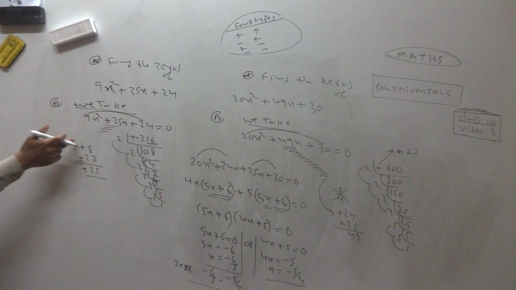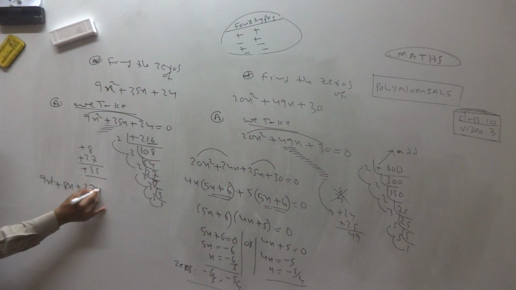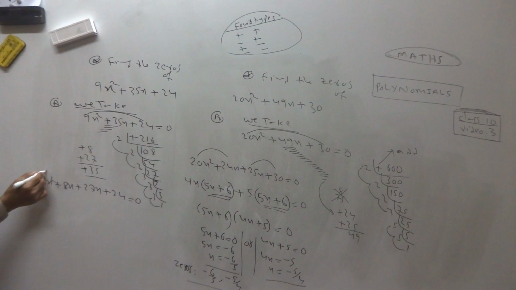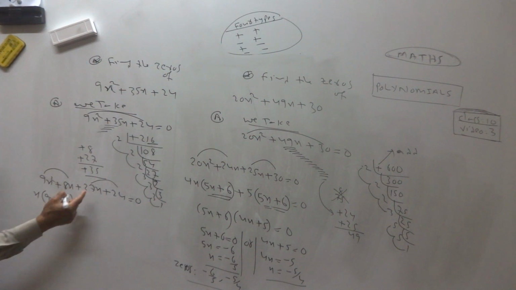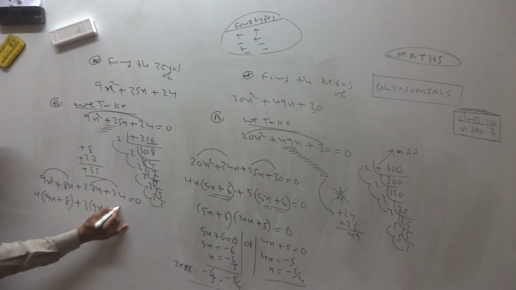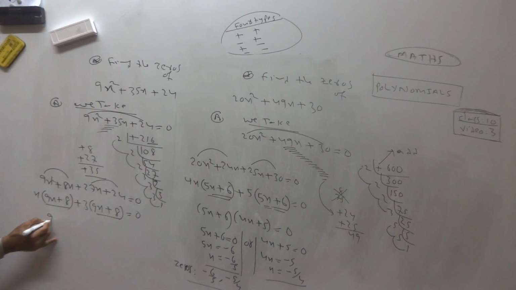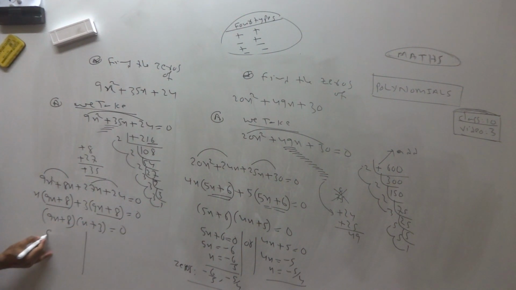Both plus, 8 plus 27 is 35, so what do we write? Plus 8x plus 27x plus 24. What is common in these two? Only x is common. 9x plus 8 left. Here 9x left, here 8 left because x is common. In these two, which number divides both? 3 divides both. 3 9s are 27, x left, 3 8s are 24. Finished. See, these two are same. Write one, x plus 3, separating.